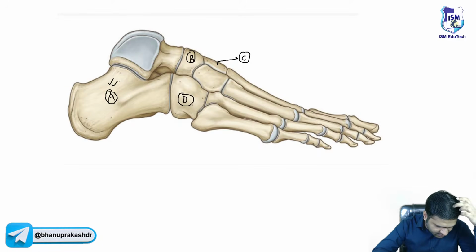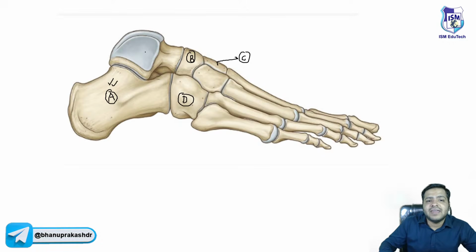yes, just attend the session, nothing I have told so special. Yes, D is cuboid, very good, very good, D is cuboid। B talus नहीं है बेटा, B is not talus, B बेटा talus ये है, talus ये है, B है नेविकुलर, yes कृति, वेरी गुड बेटा।